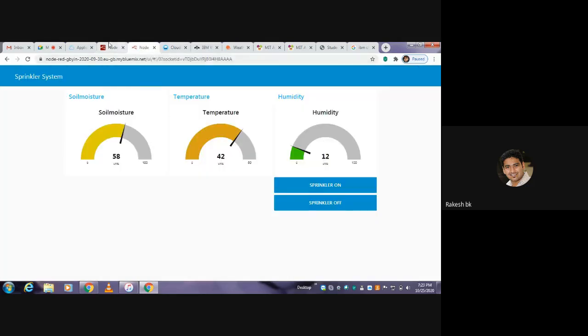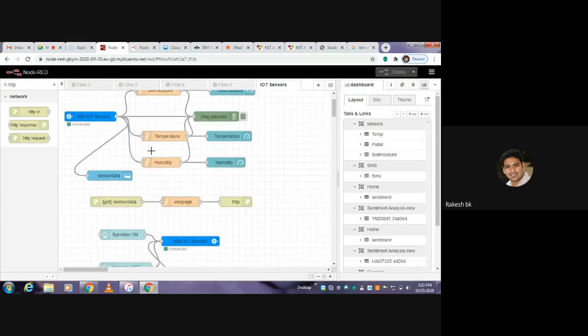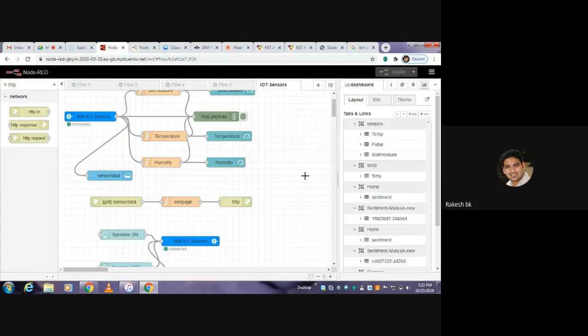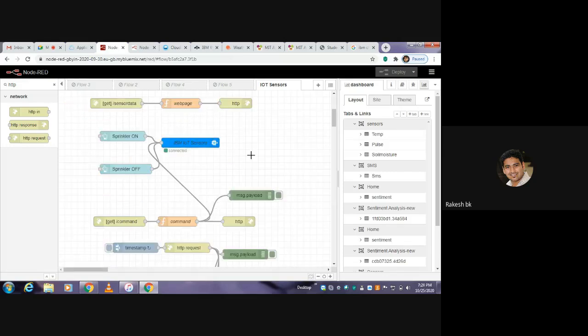So I have configured the nodes, made use of the respective nodes, connected them, and made the HTTP request for the data to be retrieved from the cloud and displayed on the web user interface. I have configured their respective nodes with their functions. Configuration represents the labeling, and also how the data looks on the web user interface.